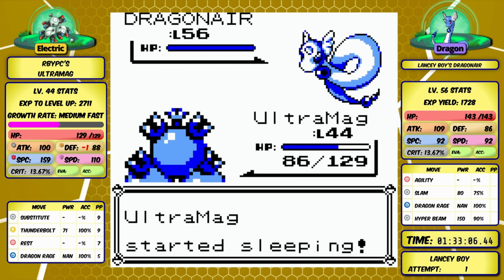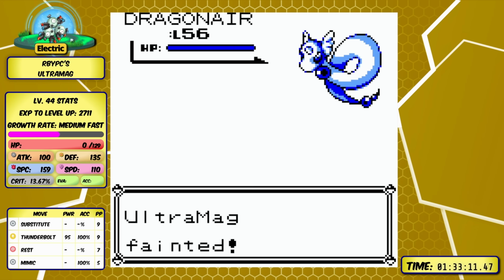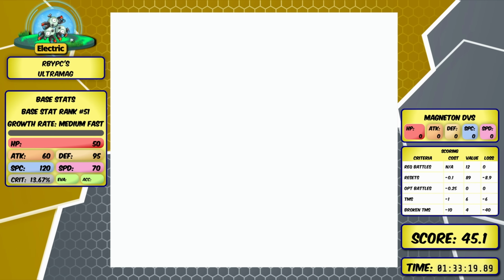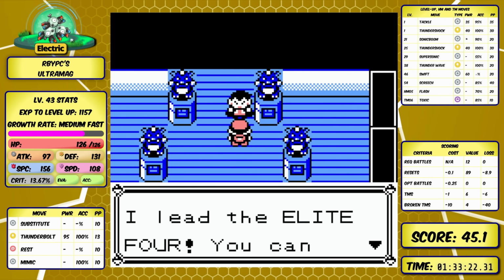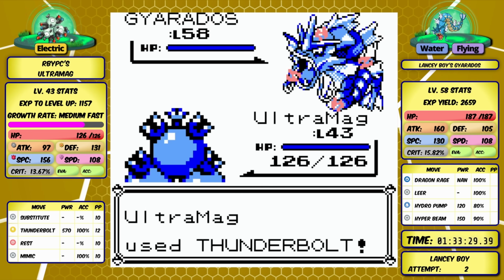We're going to have to rest on the second Dragonair as it goes for a Hyper Beam on us. And while it does recharge, Slam the next turn simply knocks us out. It's worth noting we did get 1 Leer there though, so we were taking more damage than we normally would from those Dragonairs. Let's try this one again, because here honestly the better strategy might be to just go Thunderbolt